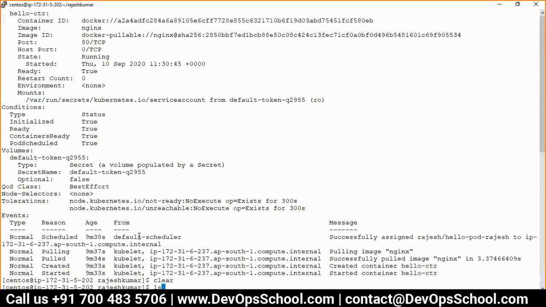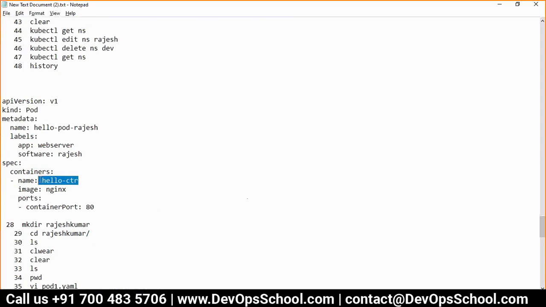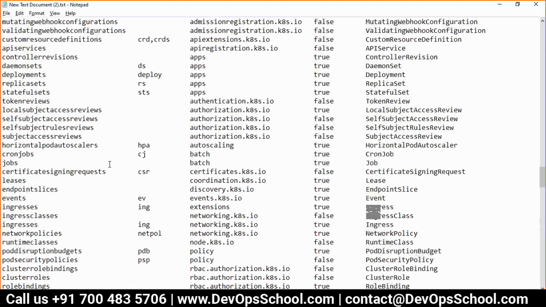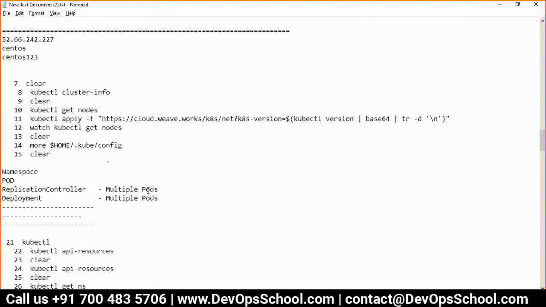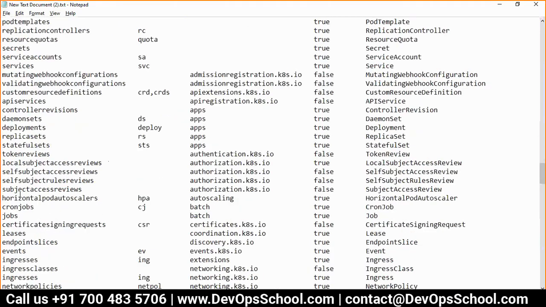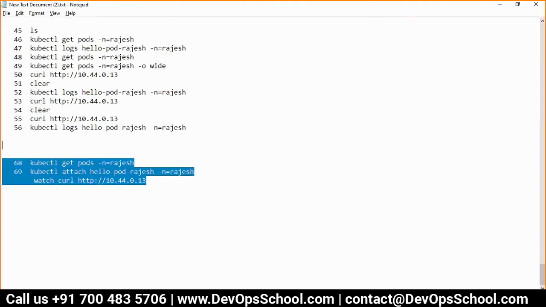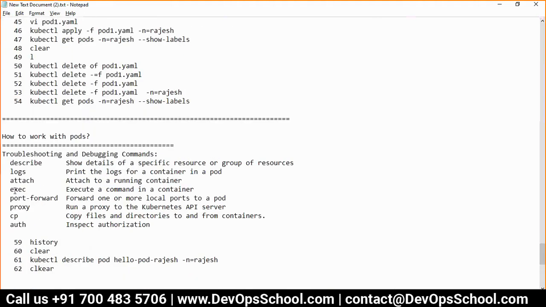Okay. And by the way, right now I'm talking about the pod, no? All this behavior when the random container name will be there, this will be there in the RC case when you deploy multiple containers. In case of pod, it will not come. But in RC, remember RC and deployment, in this case, they will generate some random name for that. So I'll show you anyways. That's it. Okay, so here you can attach and -c you can do that.